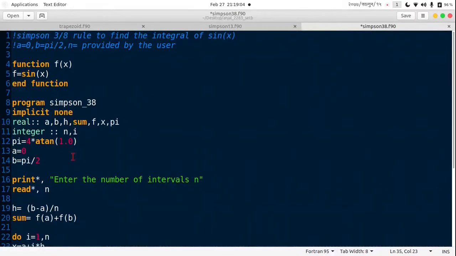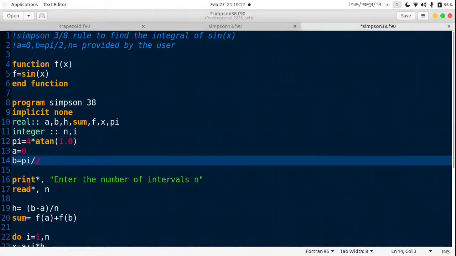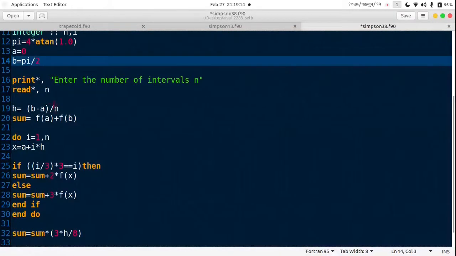Here we have just mentioned the real and integer variables and pi, a, b. Then we ask the program to enter the number of intervals. We enter the intervals. Then h is the difference of b minus a by n. Sum initial, this is f of a plus f of b. Then we use do loop from I from 1 to n, then x is equal to a plus the number of intervals into the width of the interval h. If I by 3 star 3 is equal to I, this means if the number is divisible by 3,